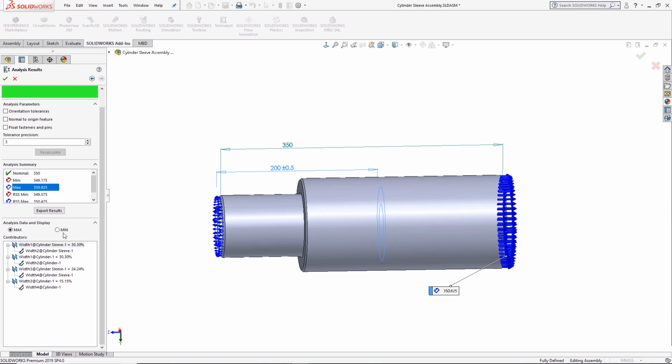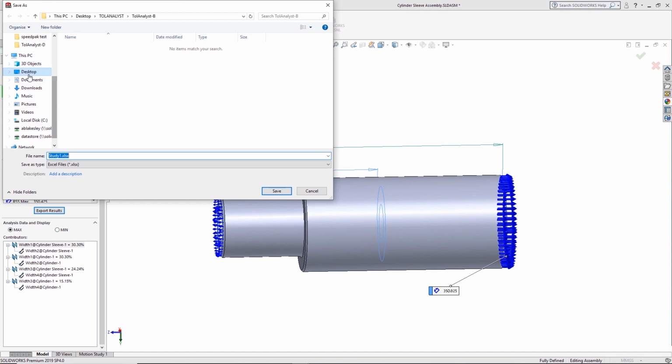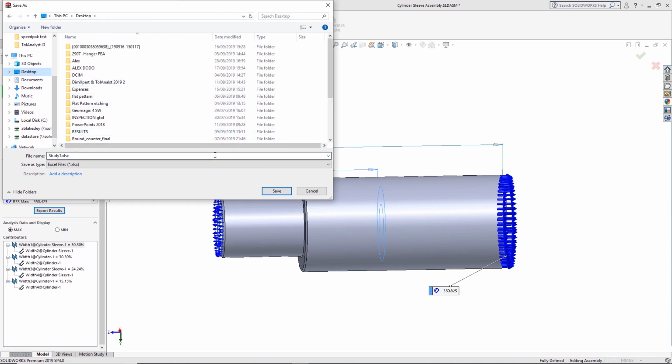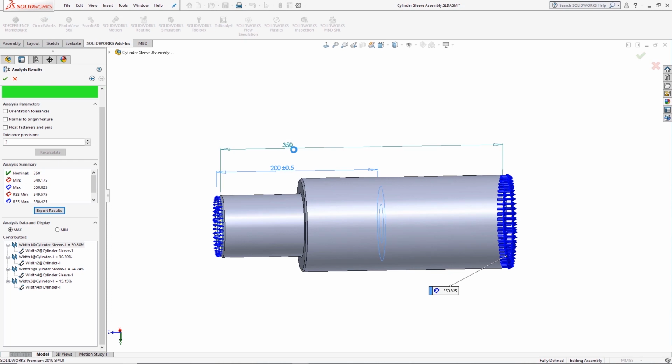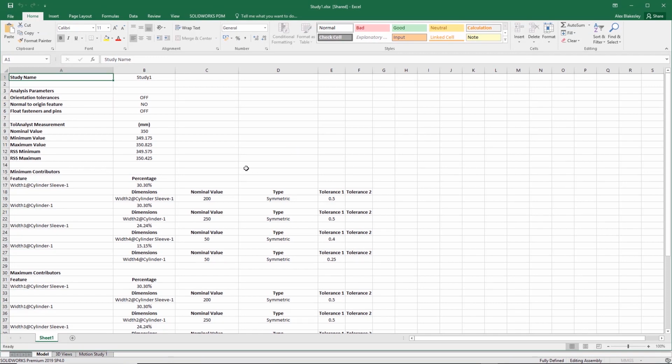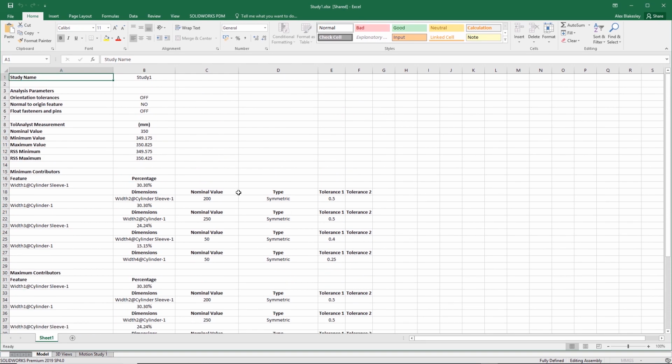So you can see in this case, I'm pretty happy with the results, minimum and maximum, all within plus minus 1 mil. That's perfect, that's exactly what I want. So the last stage is to go in and export some results. Now what it'll do is it'll export these to an Excel spreadsheet, and inside the report, it will then show us which dimensions we've used, what the minimum, maximum, RSS min, max is, and it'll also show us which constraints we've used to get from one component to the next.